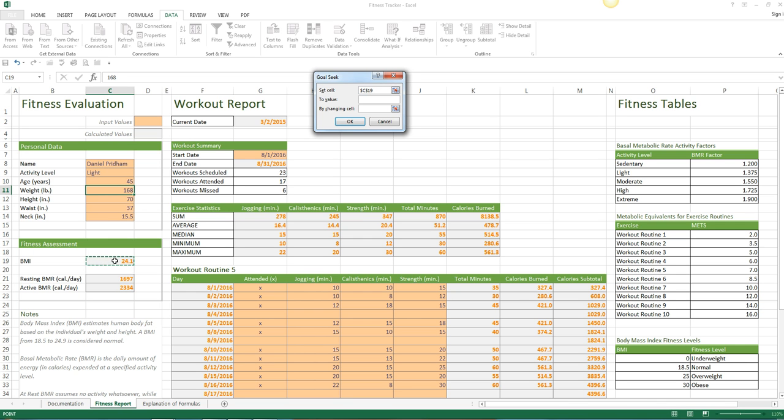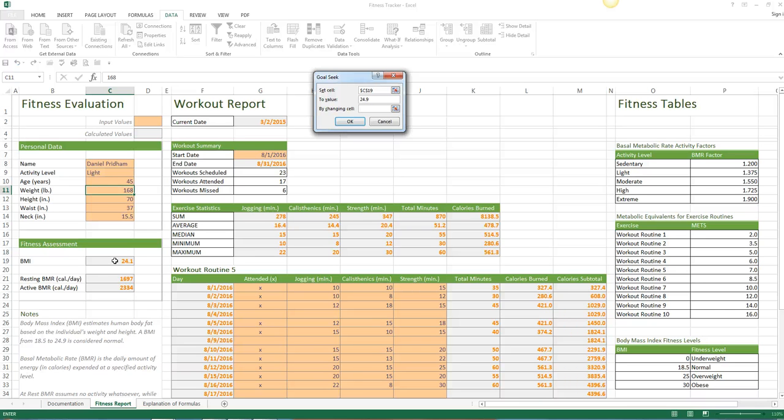Okay, move up to page 181. Press the Tab key to move the insertion point to the to value box, and then type 24.9. Okay, this indicates that you want GoalSeek to set this value to 24.9, the highest body mass index in the normal classification. Press your Tab key